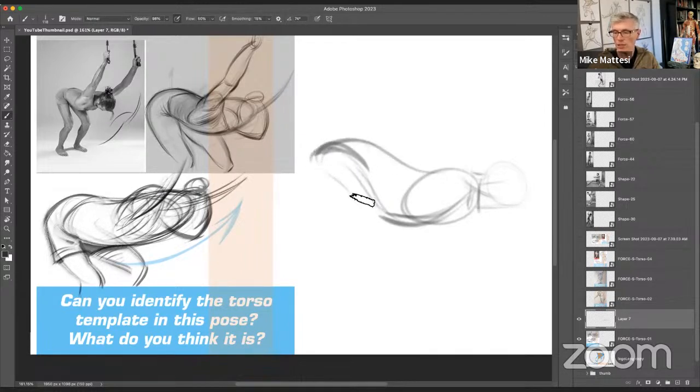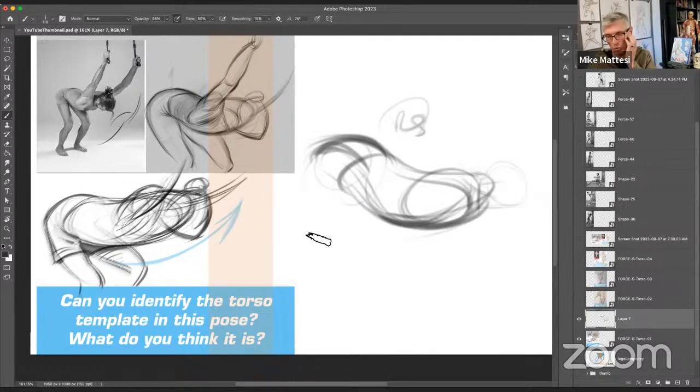It's like, oh, wait a minute, there's the template, but it's in space. There's the perspective of it, but the template is still a reverse S, an RS. It's going from here to here. So not a normal S would have been the answer to this, right? It's a reverse S, it's not a normal S.